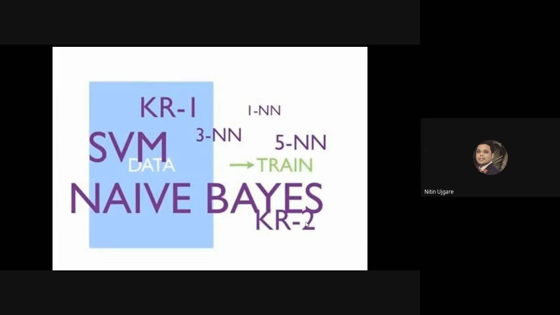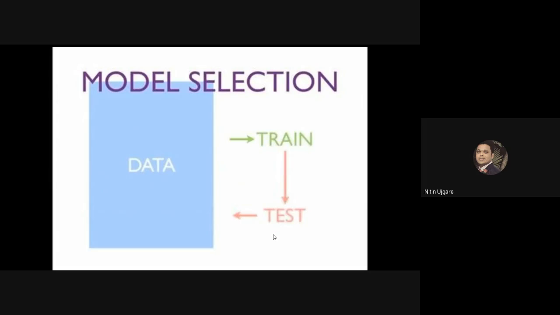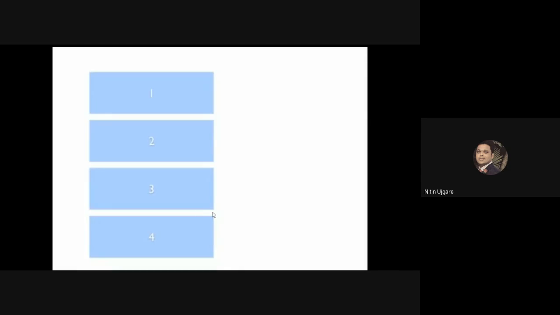So we will do the following: we will split our data into sections, and each section will be called a fold. Okay. So we have data, we are going to train our model on it, and then we are going to test our model on this data. As I just mentioned, to start with, we split our data into different sections, and these sections are called folds. So in this example, you can see we have 4 folds.